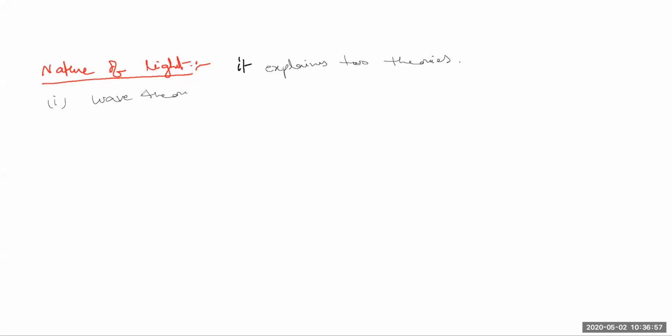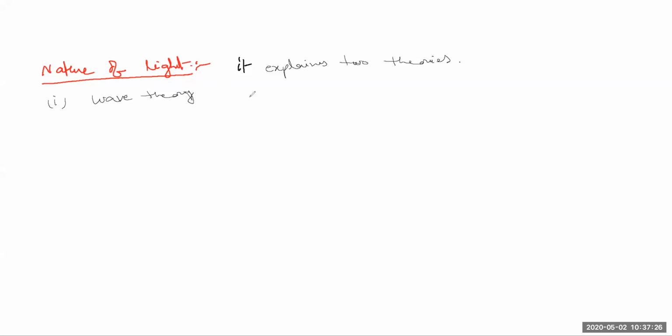So is this a new chapter? Nature of light, ma. New chapter, sir? This is a continuation only, atomic structure only. Other concepts come after Bohr's atomic model. After wave theory, Rutherford atomic model, spectrum. After spectrum, again Bohr's atomic model. It will come like that.